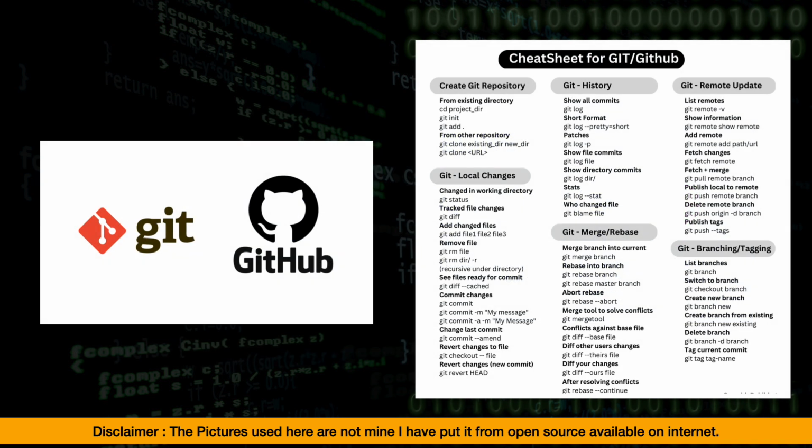Let us understand one of the widely used version control tools, that is Git and GitHub. Git is a distributed version control system that helps the developer to track changes in code over a period of time. While GitHub is a platform that hosts Git repositories, allows developers to collaborate, share code, and manage projects using Git. The key concepts of Git are